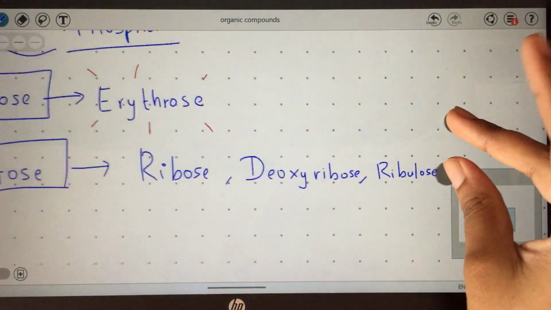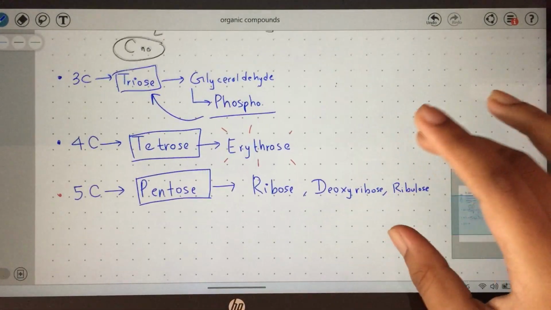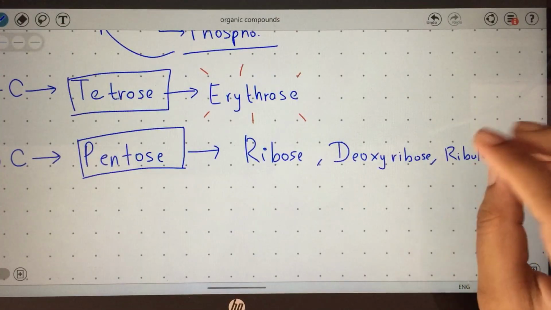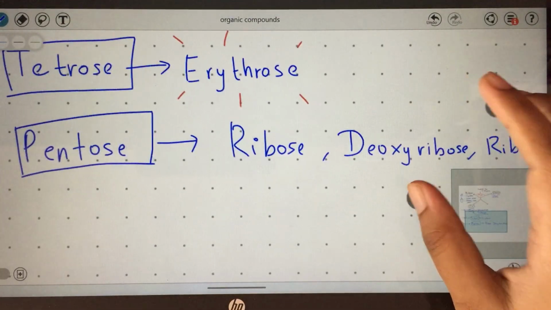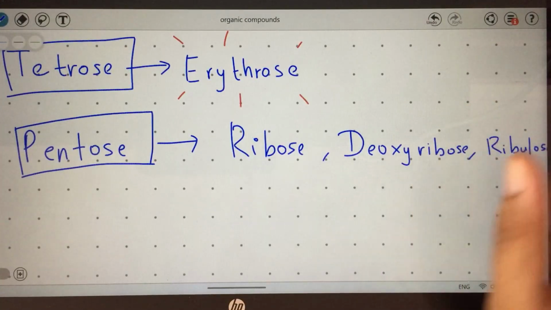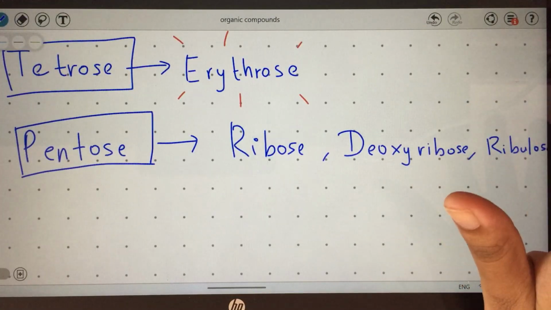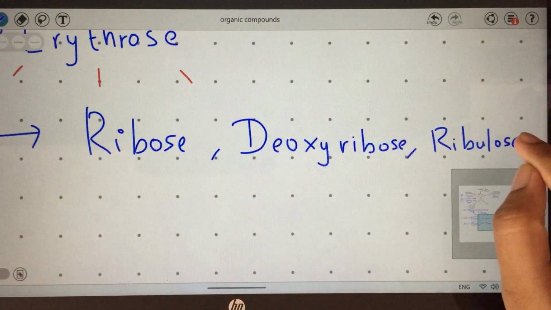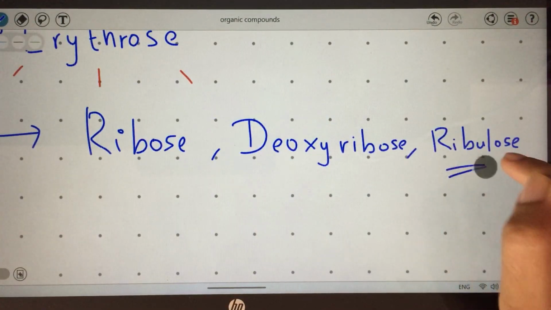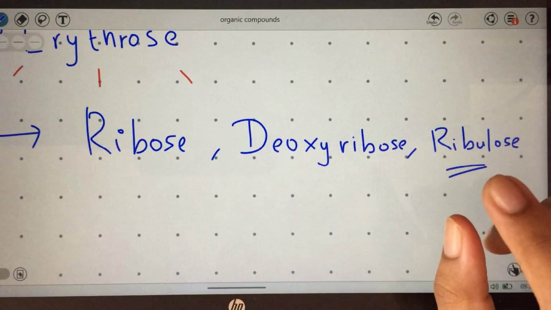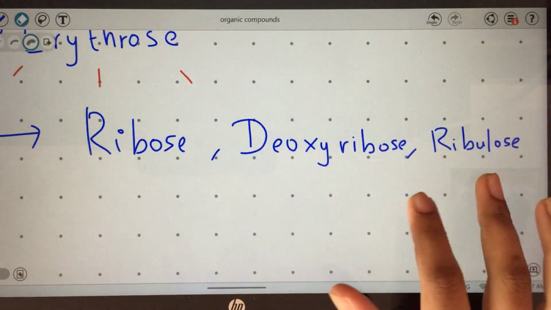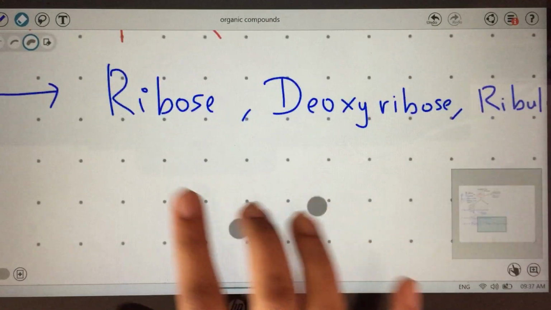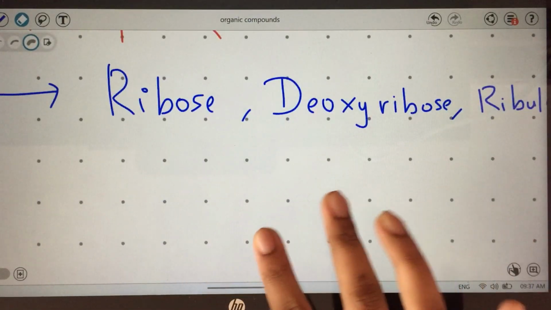And also now some of you all might have the habit of remembering, now if there are 3 in a list, just remembering 1. Why? In the exam they're not going to ask all the 3, so if I remember 1, that's enough. No, that's not how you do it for bio. For bio you have to know all the 3 examples. Why? If they give this as an example in the MCQ, you won't know what this is, okay? So don't selectively study when it comes to bio. Remember everything, okay? So ribose, deoxyribose and ribulose.